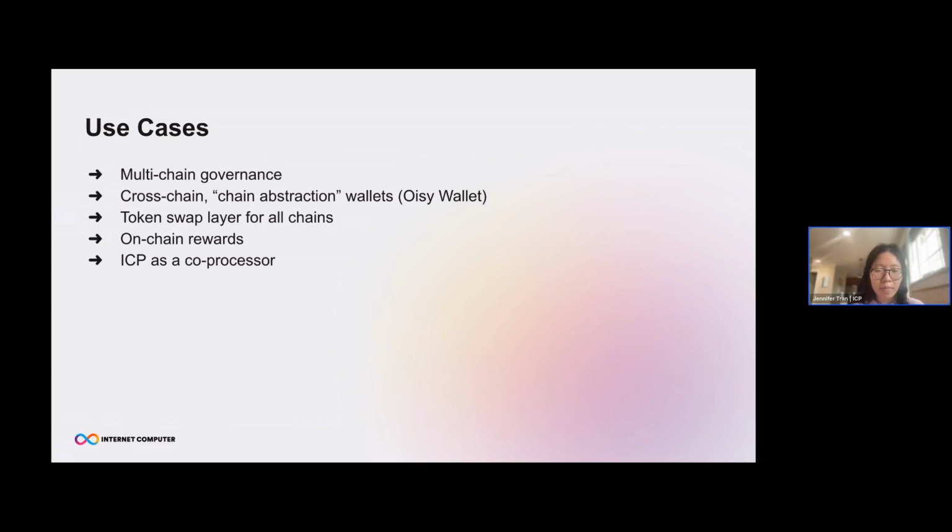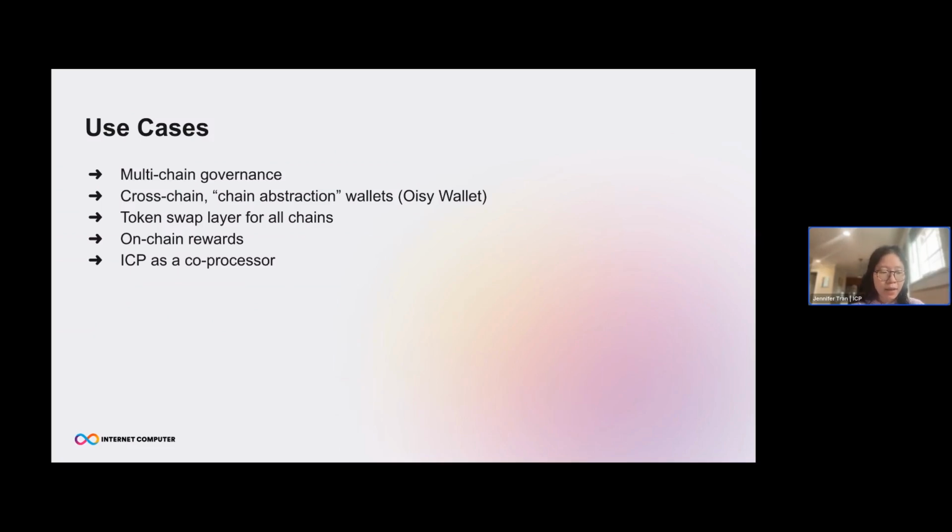And once they meet a threshold, then they can convert it to BTC, or you can just continue to give them BTC or ChainKey BTC, because in ICP there's actually no restriction on how little you can convert ChainKey BTC to BTC or any of the other tokens. So what you can do is give them the rewards in ChainKey BTC, and then whenever they decide, they can convert it to